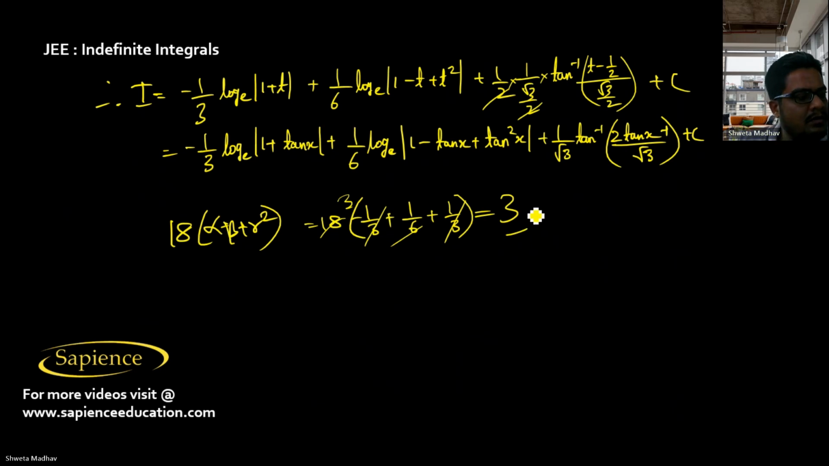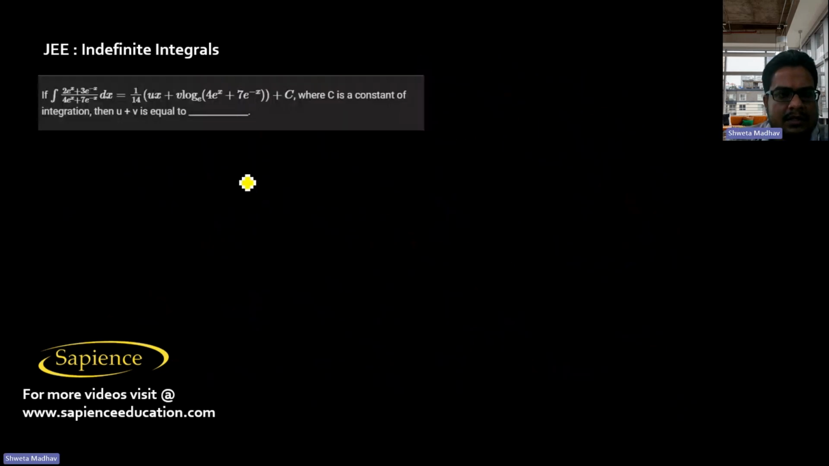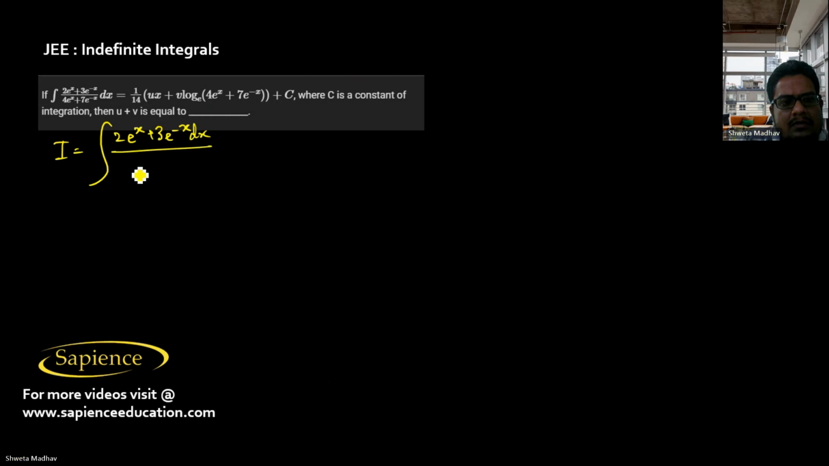So D is the correct answer. And here it is told we have to find the integral of 2 e power x plus 3 e power minus x dx by 4 e power x plus 7 e power minus x, and that is equal to 1 by 14 ux plus v log e of 4 e power x plus 7 e power minus x plus c. So now it means this function, which is 2 e power x plus 3 e power minus x by 4 e power x plus 7 e power minus x, we have to express in the form of some